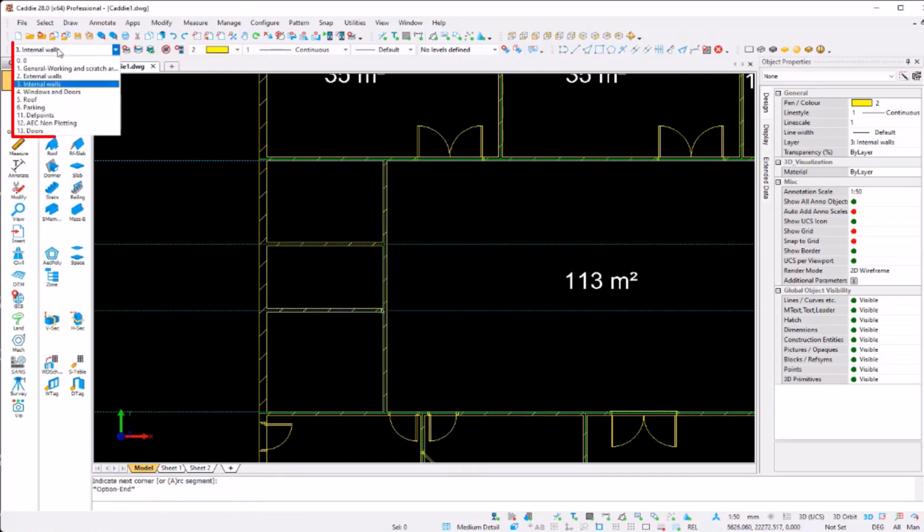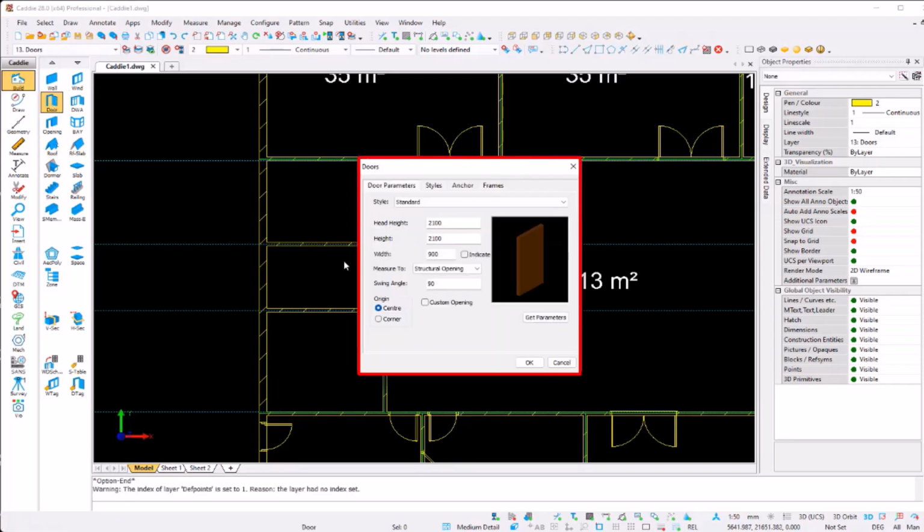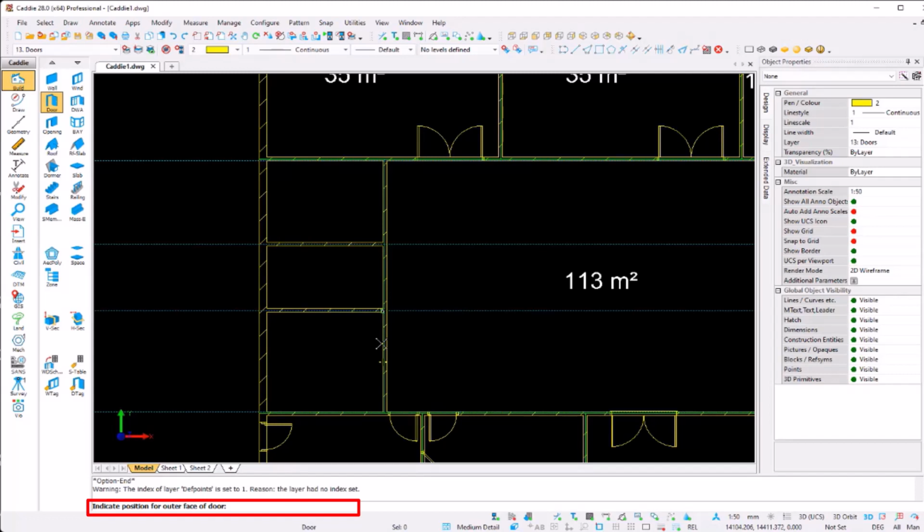Let's add the doors. So let's go back to the door layer. We're going to go down to doors. This is going to be a standard door again, width 900. I'm going to say OK. Caddie asks us indicate position for outer face. So let's make it